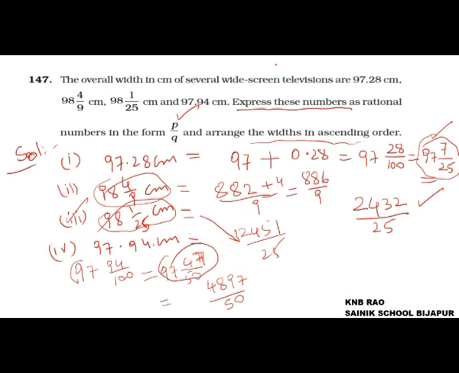Now here 97, 97, that means these are smaller than 98, 98. So first we'll take amongst these two which is smaller. It is easy to compare 97 integer 7 by 25 and 97 integer 47 by 50 because 97 is common in both. We will do it in the next page.